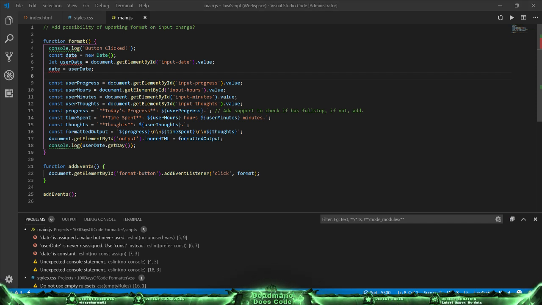The word date's starting to look weird now. Oh no, new date is not going to do what I think it's going to do either. Because date is going to create a new object constructor, and since we haven't created date in that sense,